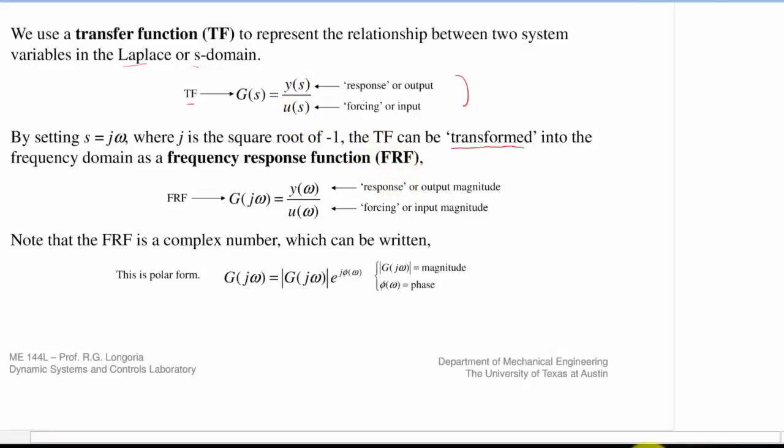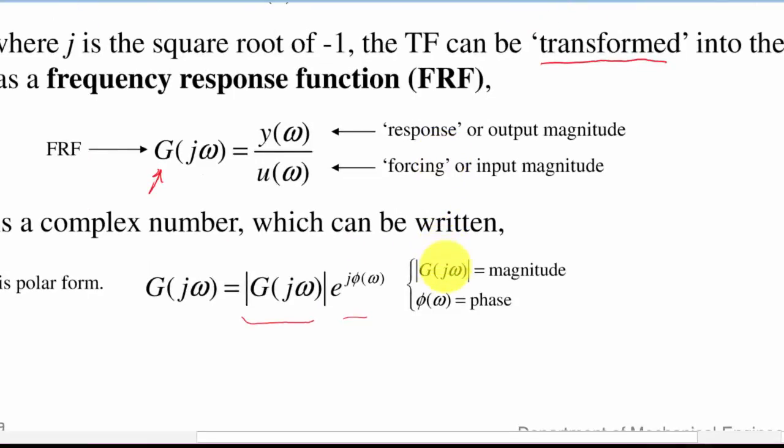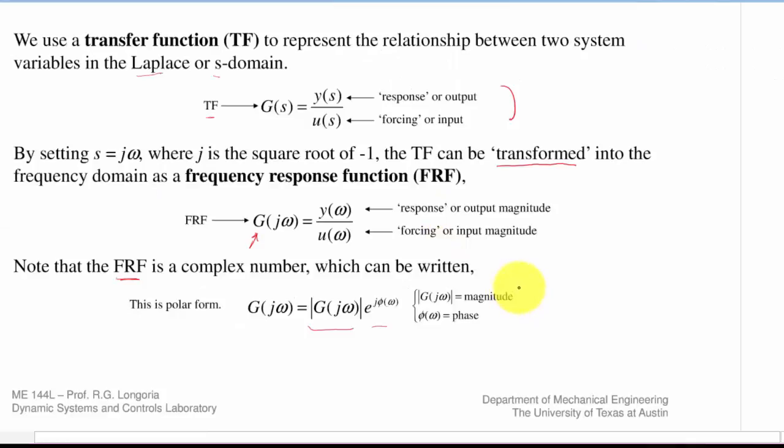So now, instead of looking in the S domain, which is a bit abstract, we can look at what is going on as a function of frequency. All we're doing is substituting S with j omega in these functions. We can then also express the frequency response function G here in polar notation by taking the magnitude and phase in this form here, right? Just blow that up a little bit, and you might recall that form. So what we want to look at is how we can derive these theoretically, and then how we can measure them as well. But first,